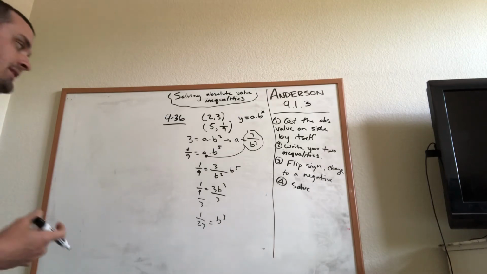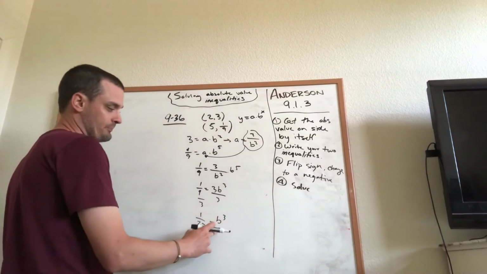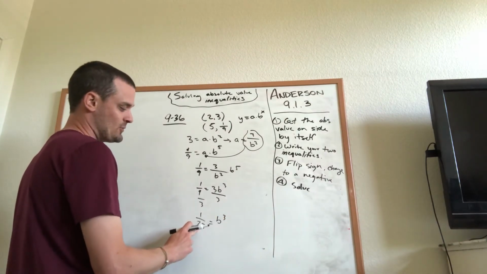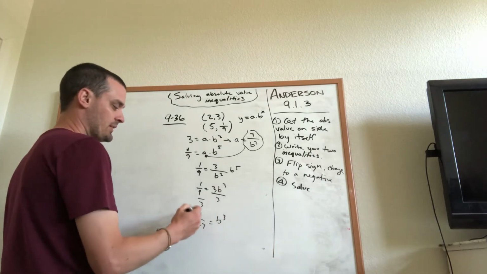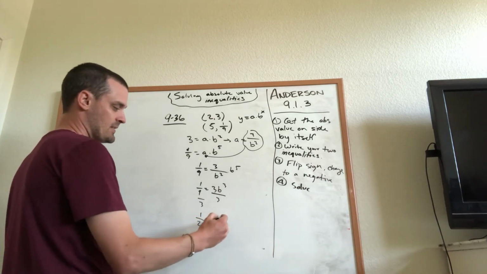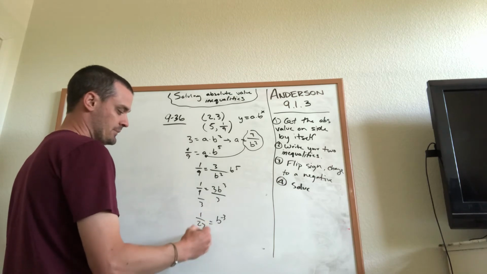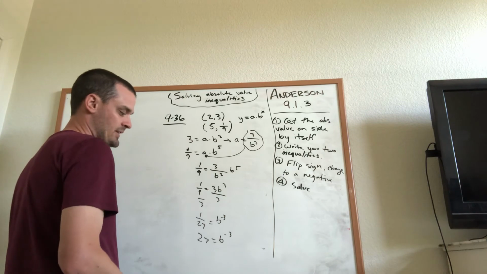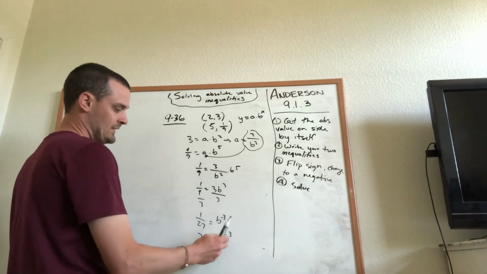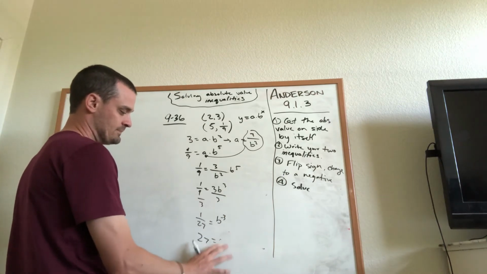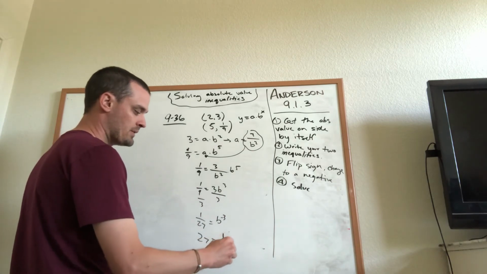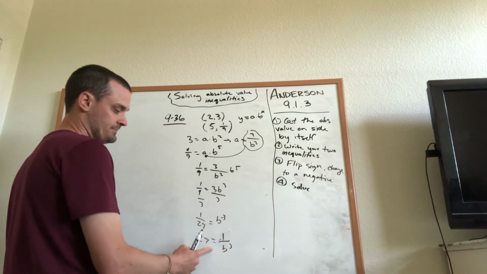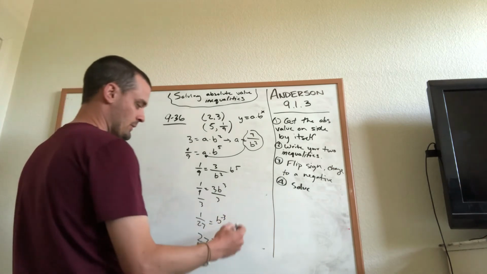So this is a little tricky because it's got to be a fraction, because we're trying to cube something to get 1/27th. Easiest way, we could just flip it and make this a negative 3 and then flip the 27. So we actually get 27 equals b to the negative 3, or 1 over b cubed. So now you're just trying to figure out what cubed really is 27, which in this case is going to be,